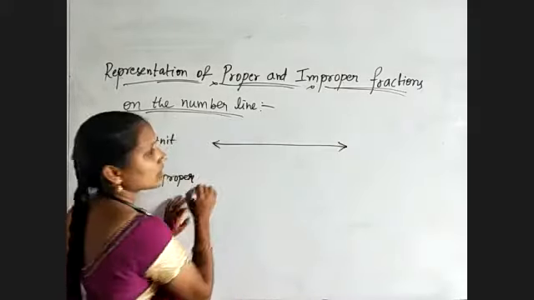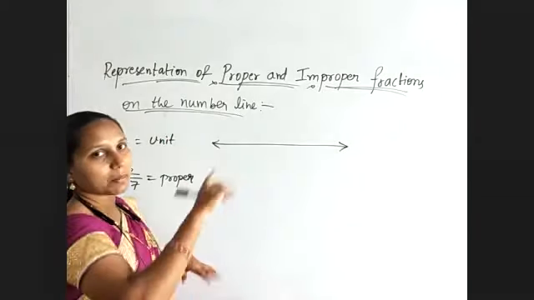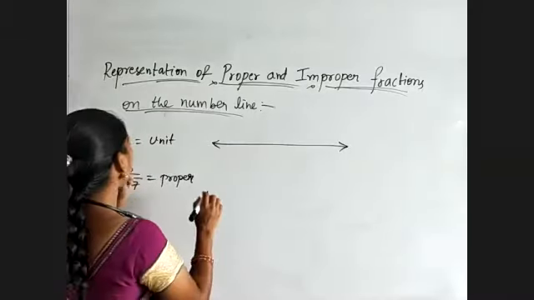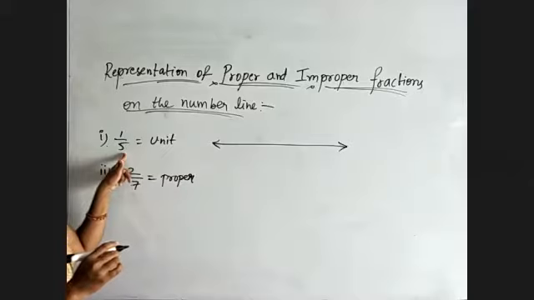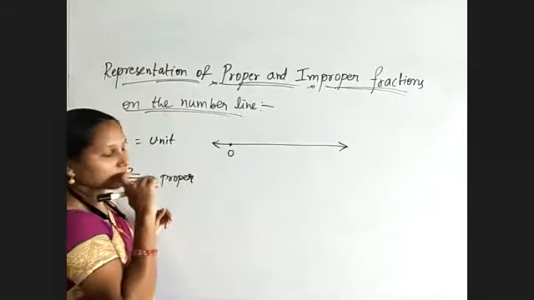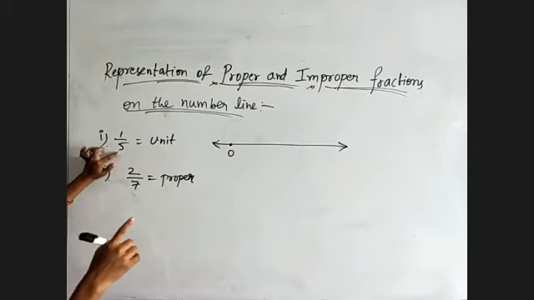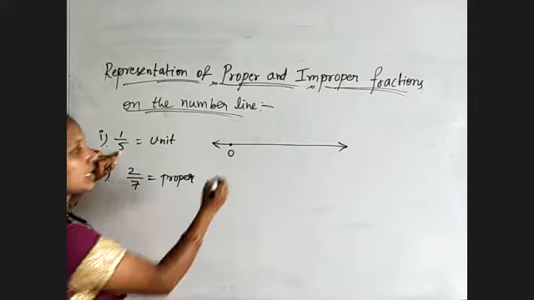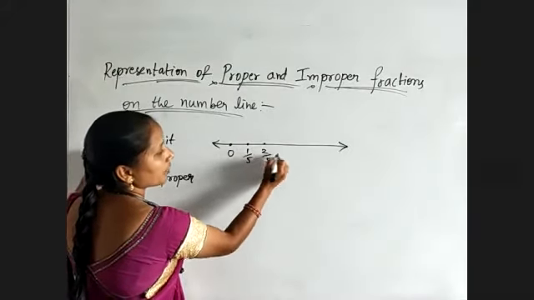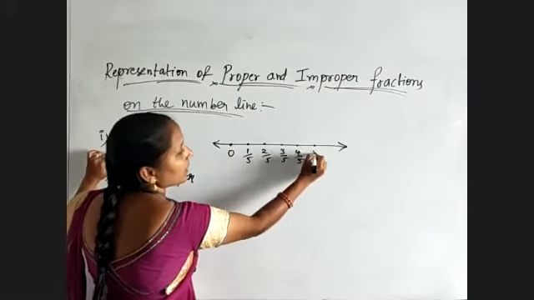How we are using the number line? Just observe, draw the number line. Till now we have represented either whole numbers or integers or natural numbers like that. Now coming to this, 1 by 5 is a positive number only, plus value only. Means we will start with 0. 1 by 5 means till 1 unit it is divided into 5 equal parts. That is 1 by 5, 2 by 5, 3 by 5, 4 by 5, 5 by 5.